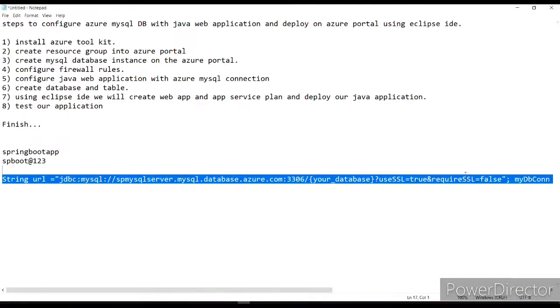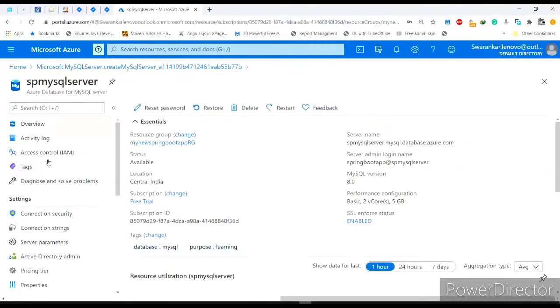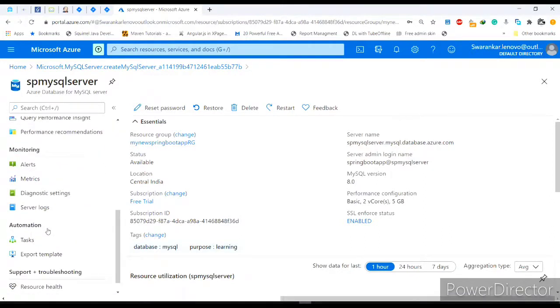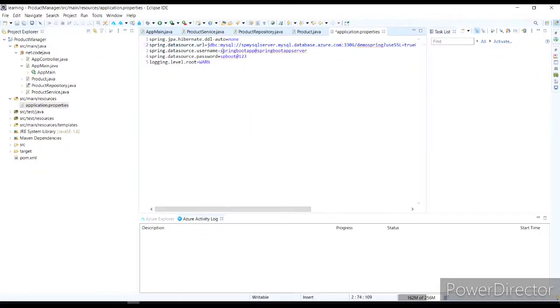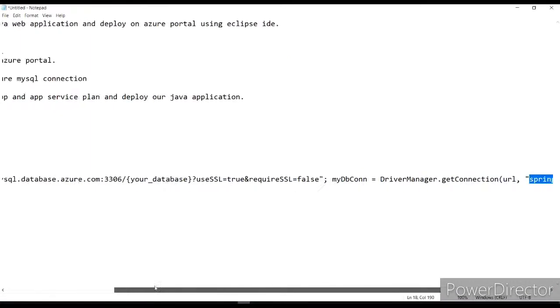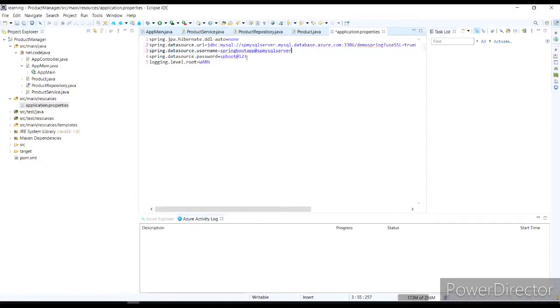This is my username. And at the time of MySQL server, which password I have given, I need to just copy that password and paste it here.